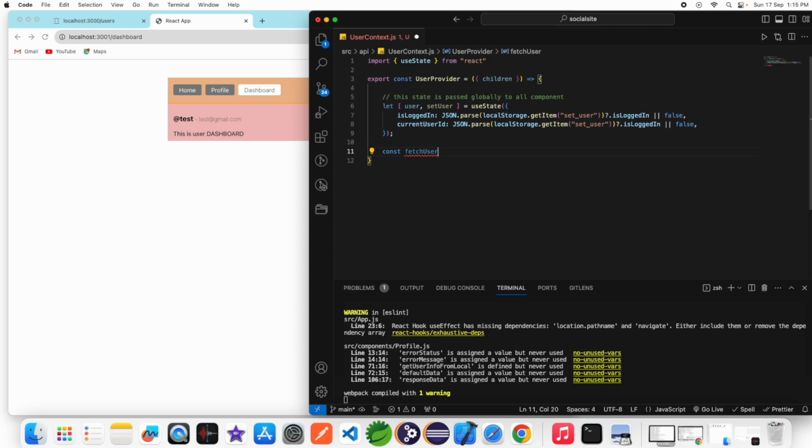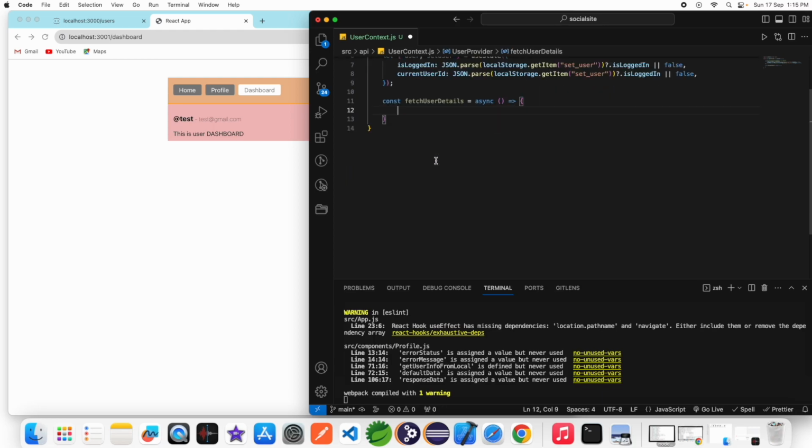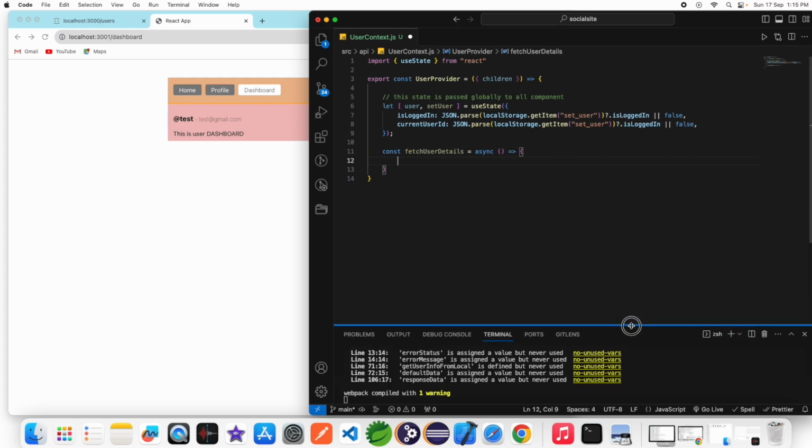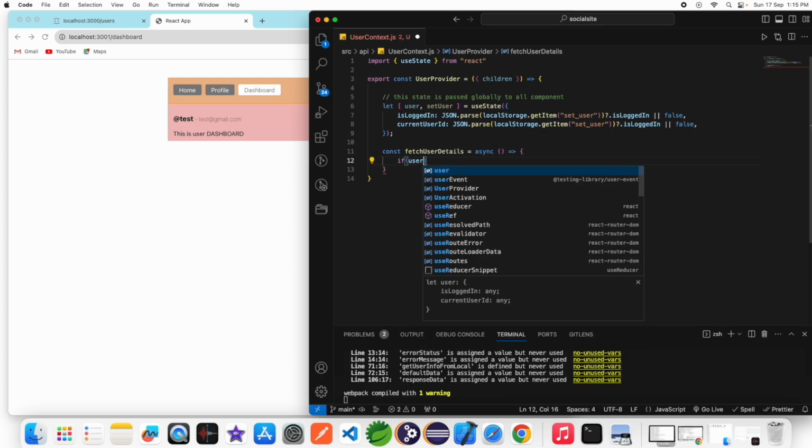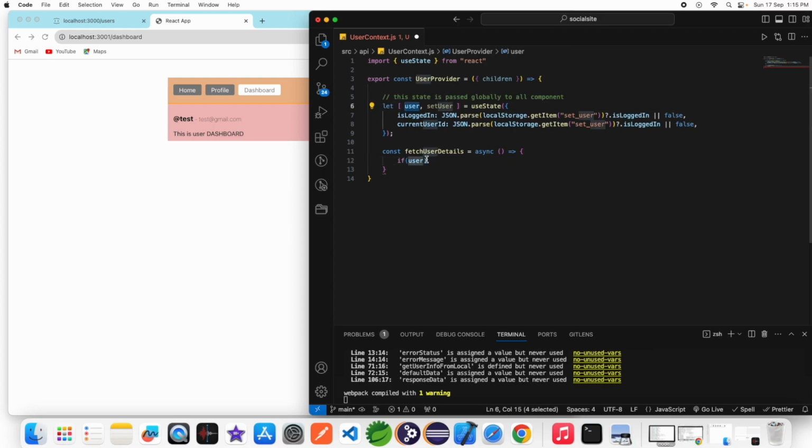I write another function, fetch user details. This is async, so I write it as an arrow function. You can't write async here, and wait, there are some issues. If you're using async here, then you can face some issues. So simply write another function inside this one, and here I check first this user,